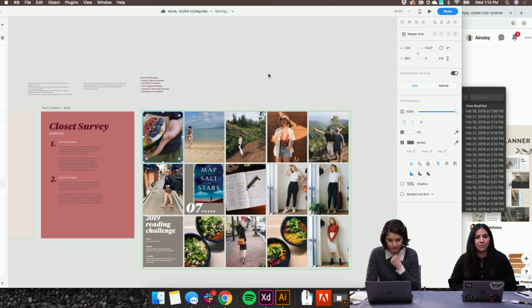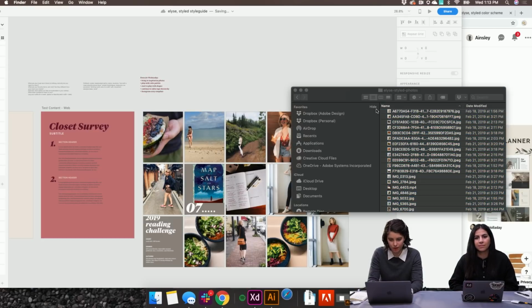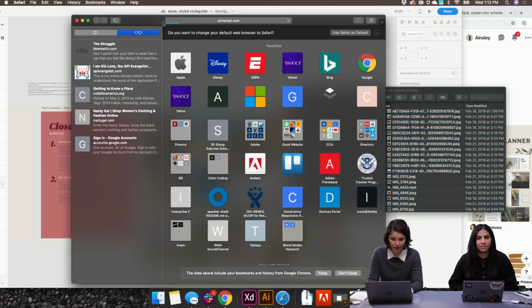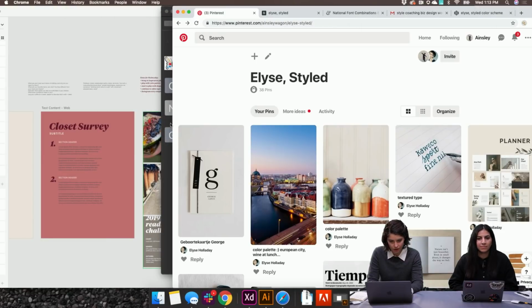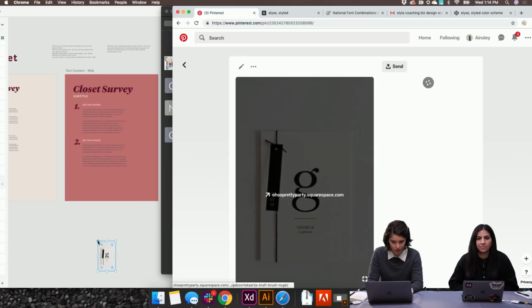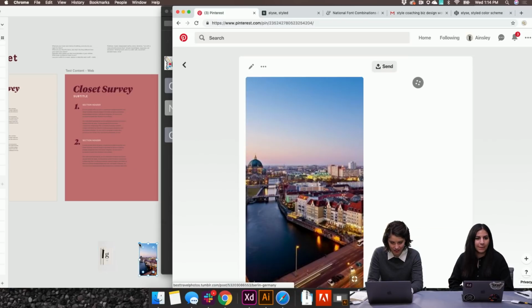Shay is asking if that works with all browsers where you drag the image into XD, or if it's just specifically for Chrome. Oh, that's a good question. I'm not sure. We can see if it works from Safari. I always use Chrome, so I have tunnel vision in that way. So let's see. I'm gonna drag that in. Ooh, that's so cool. Drag this in.